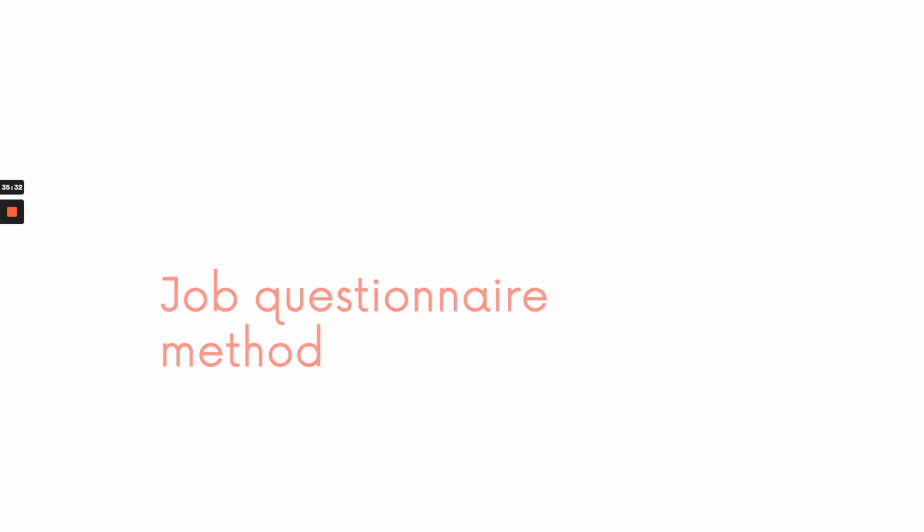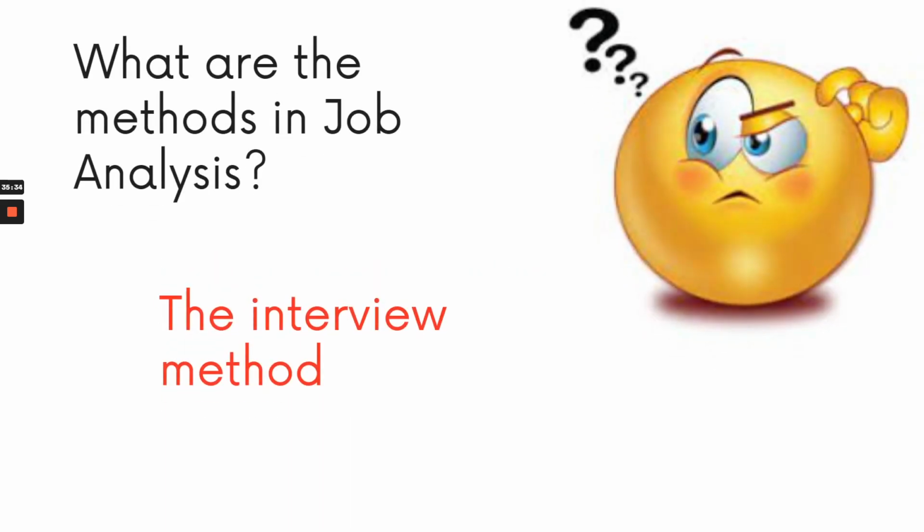And the second method is the interview method. So this is where you are interviewed face to face, one on one. Okay? The interview method is commonly used for blue collar jobs, as the employee may not be able to answer the questionnaire. The job analyst gets the information by interviewing the employee about his work, or the immediate supervisor. Okay, so instead of a questionnaire, you are just interviewed.